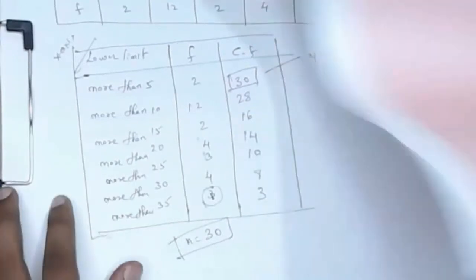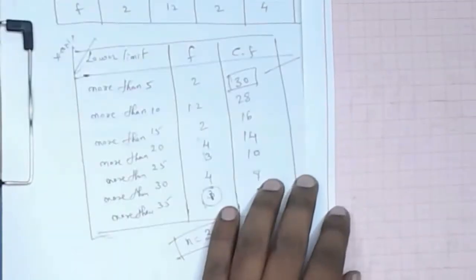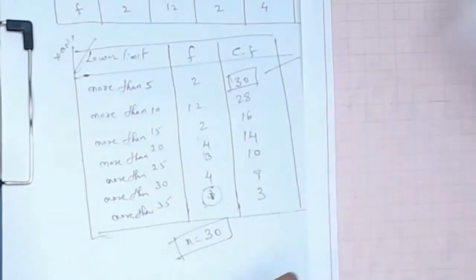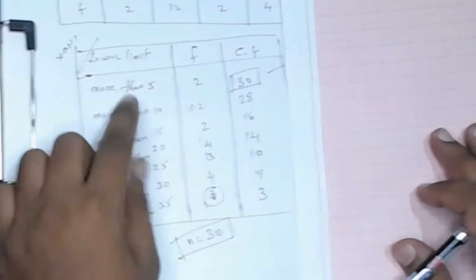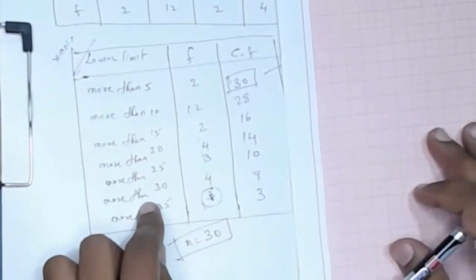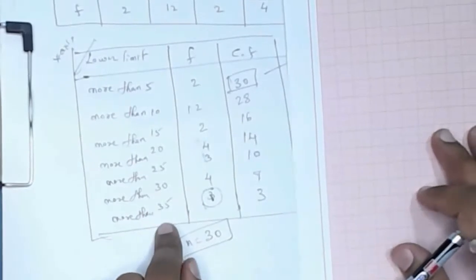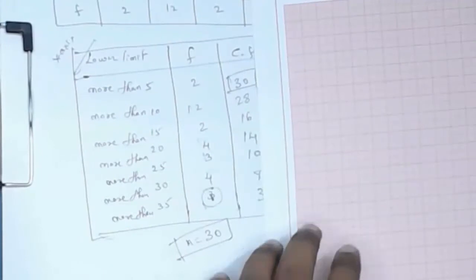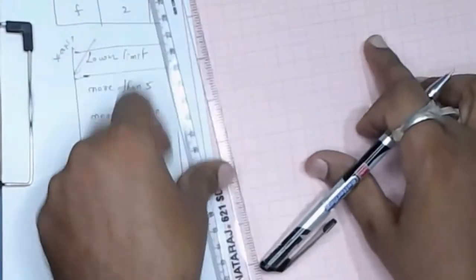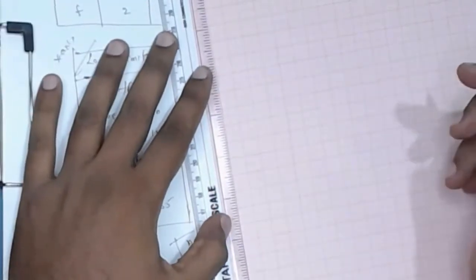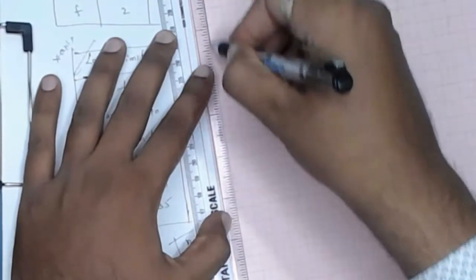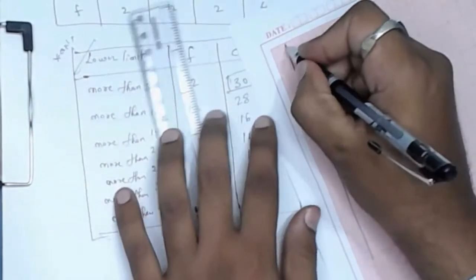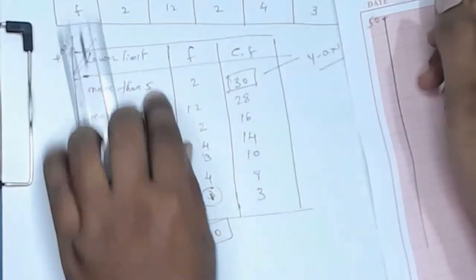See children. Now what we do here, we have taken the graph sheet. We take one graph sheet. Okay, these all values, see 5, 10, 15, 20, 25, 30, 35. Till 35 we have. So approximately we can take till 50. Here also we can take same as it is. First we select the numbers like this, just draw one straight line. So this is my number 50, this is my y-axis.